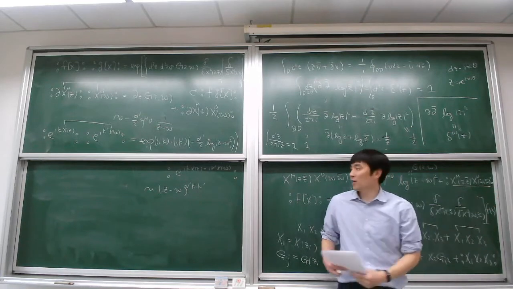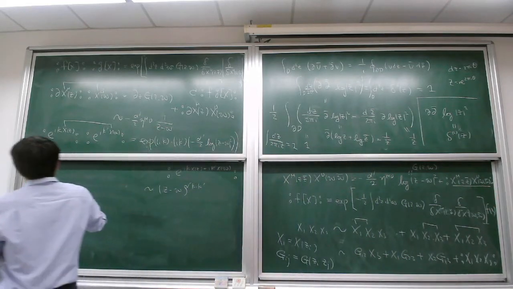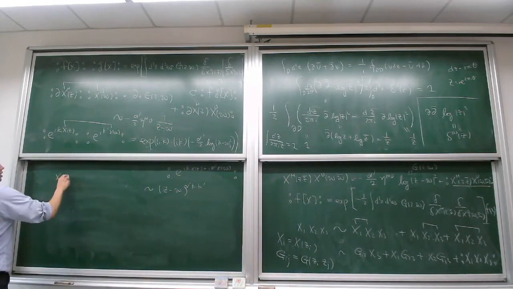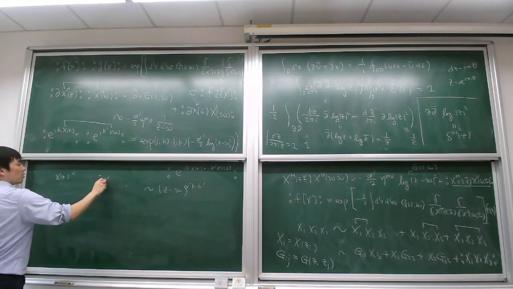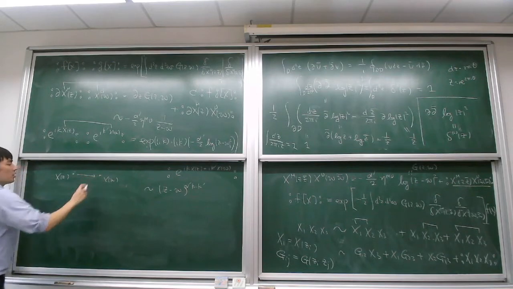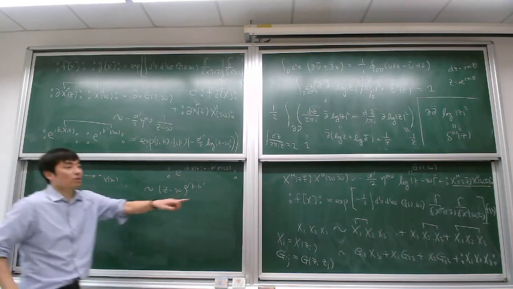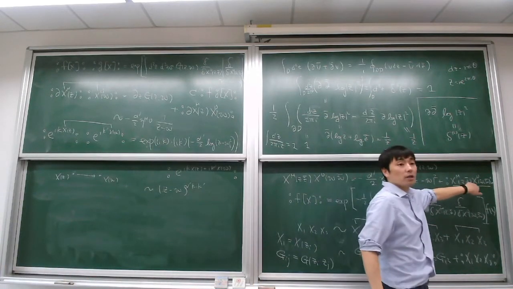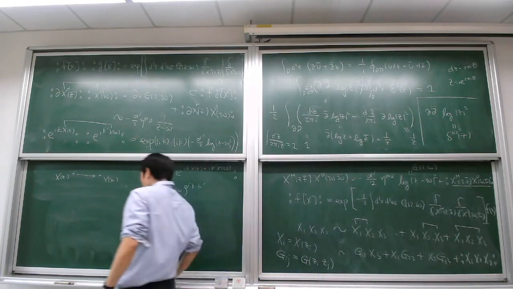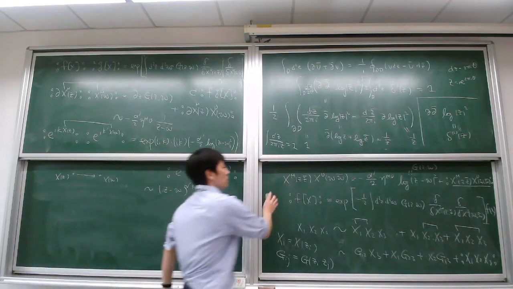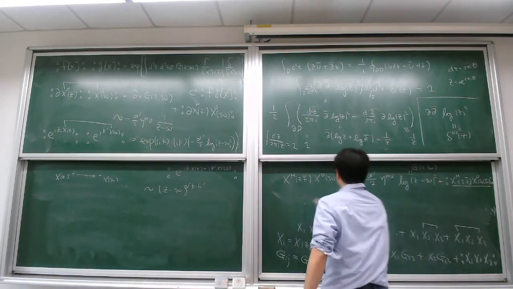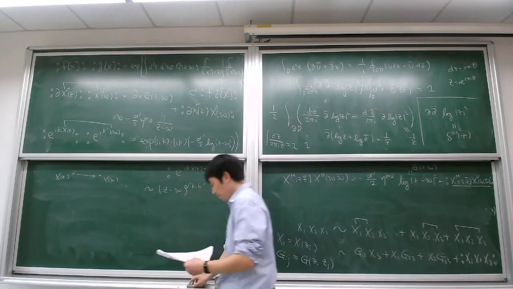Therefore, to really see how the operator X(z) approaches X(w), you have to do the Taylor expansion for this part, and then precisely speaking, what you will get is